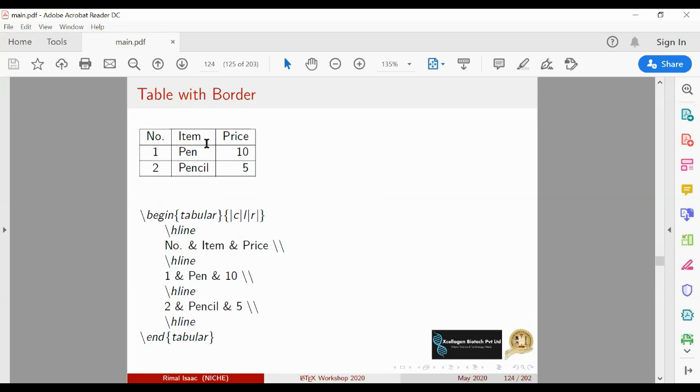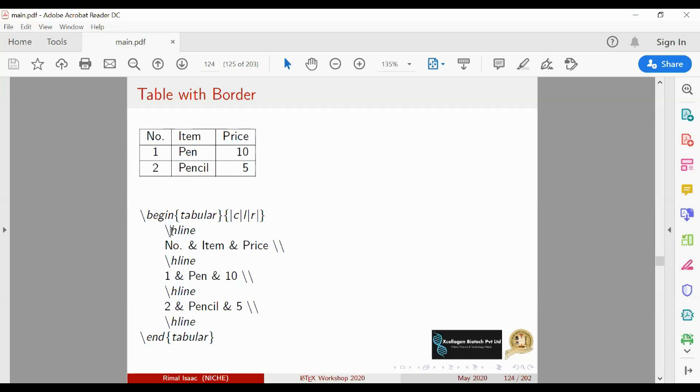So this is an example. Here you have this begin tabular. I put one pipe symbol, so it will create this vertical line. If I put this symbol, it will put this vertical line, and this vertical line corresponds to the next one. If I delete this, this line will not be present. If you put the pipe symbol in this part, that will create vertical lines all through the table.